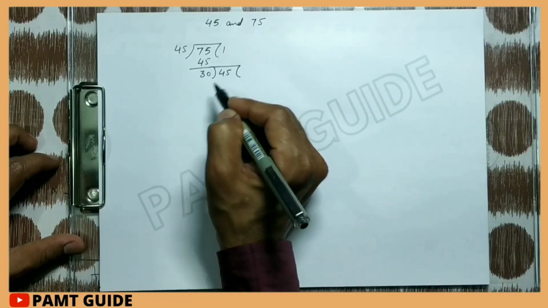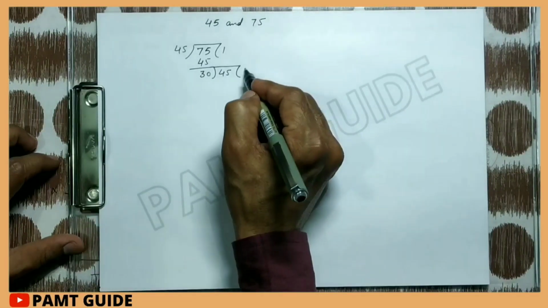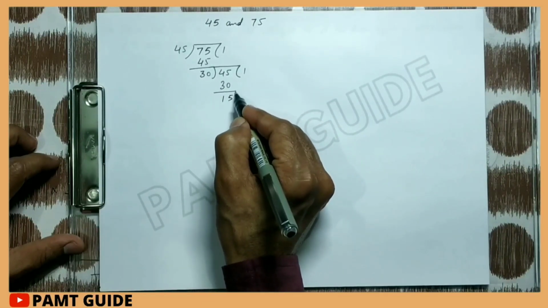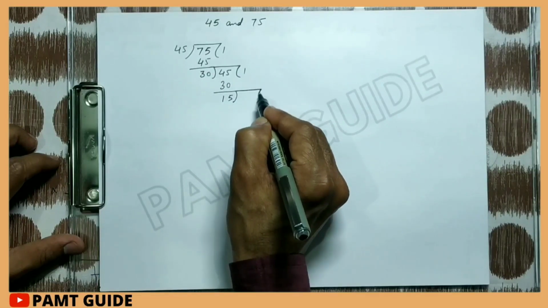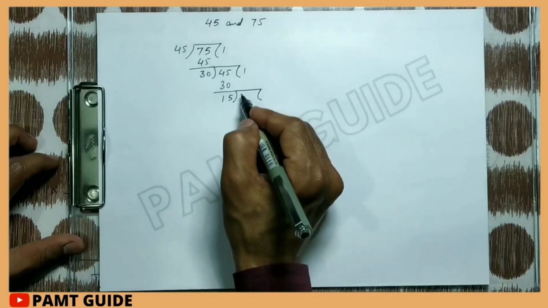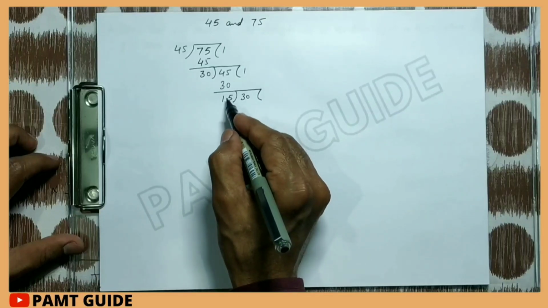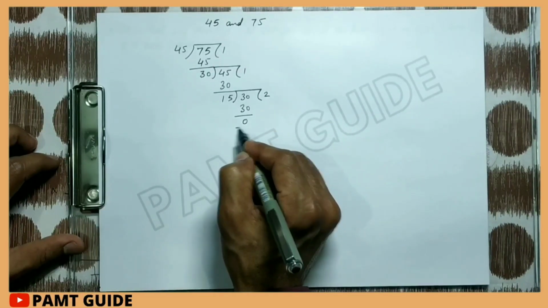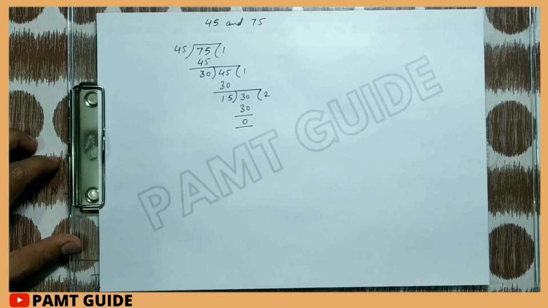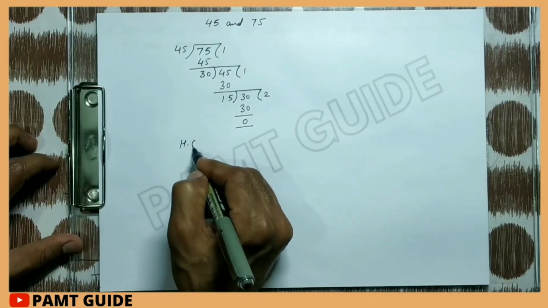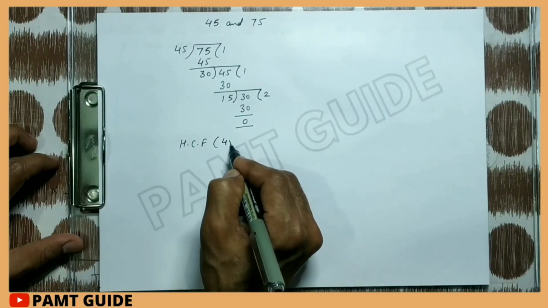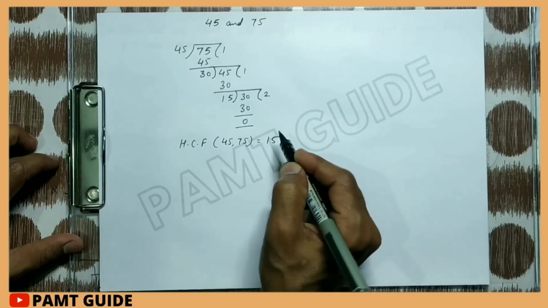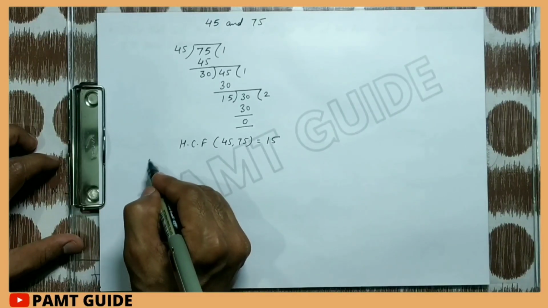Now we divide 45 by 30. 30 1 ja 30 and the remainder is 15. Now we divide 30 by 15 and 15 2s are 30 and now we get remainder 0. So HCF of 45 and 75 equal to 15 and applying